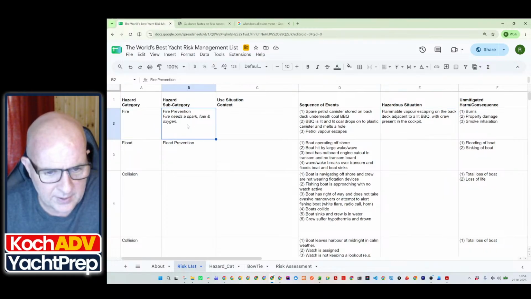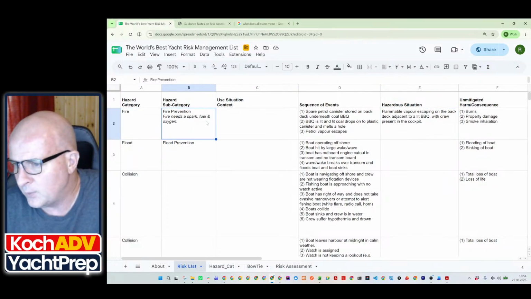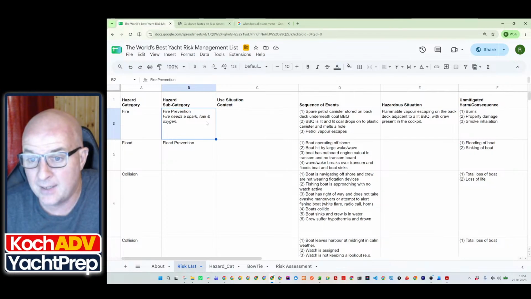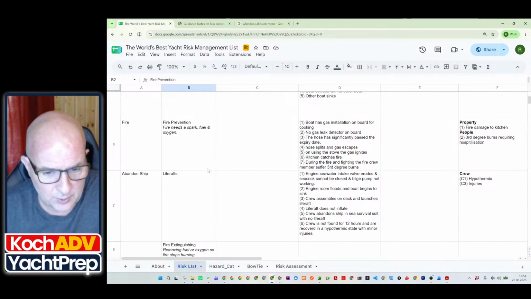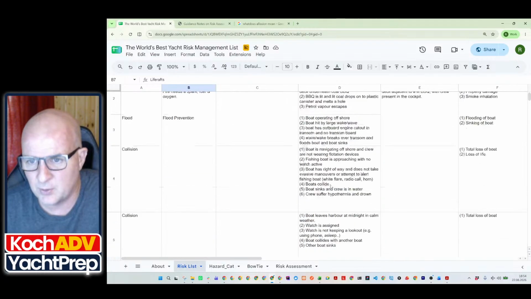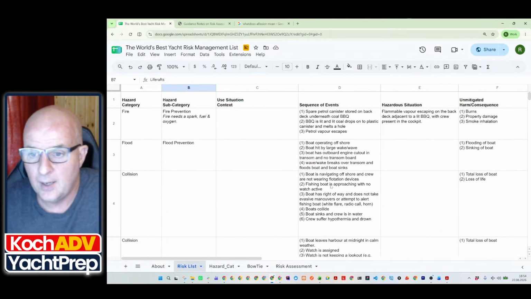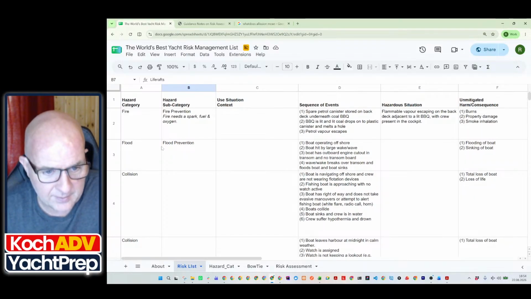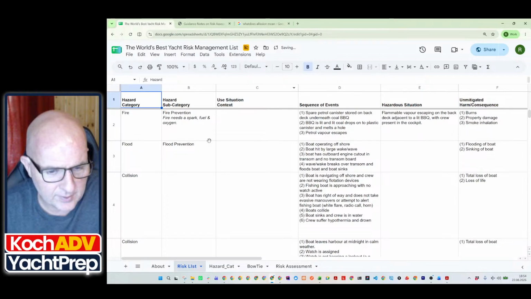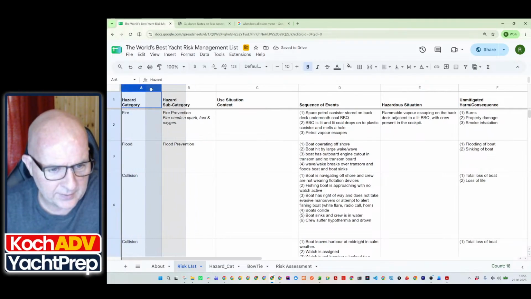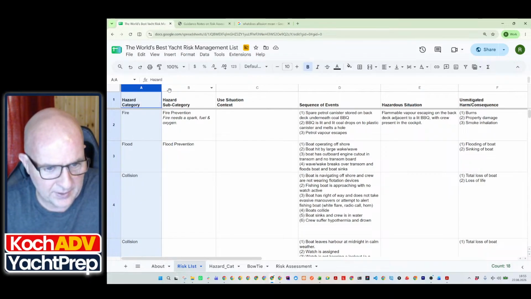Now, here is our risk list, and it is evolving. Again, we're on stream number 8 at the moment. We've got a long way to go. We're starting to build out a list. For example, we've got about 7 risks. It's not a lot, but as we work through this again and again and again, we're starting to build quite a nice risk list. And what we're going to be working on today is taking a look at these